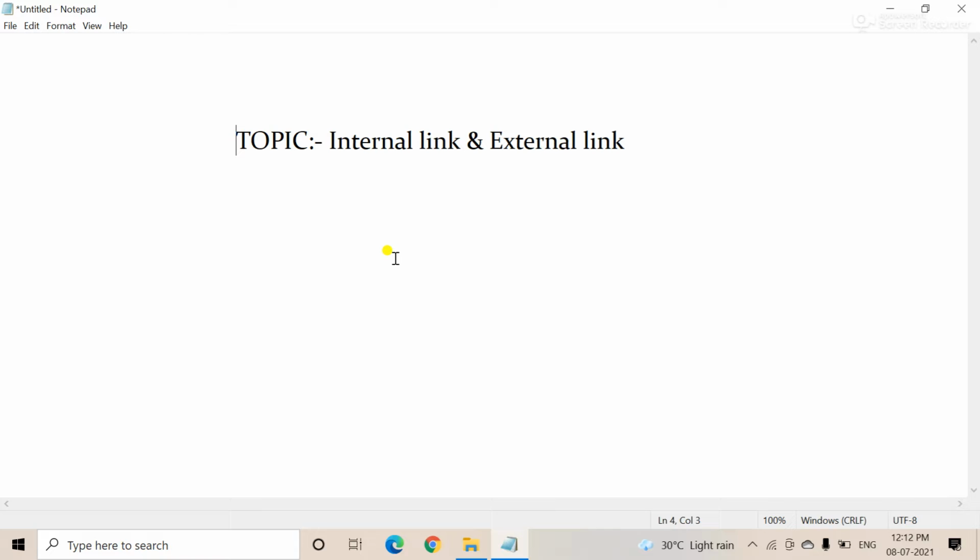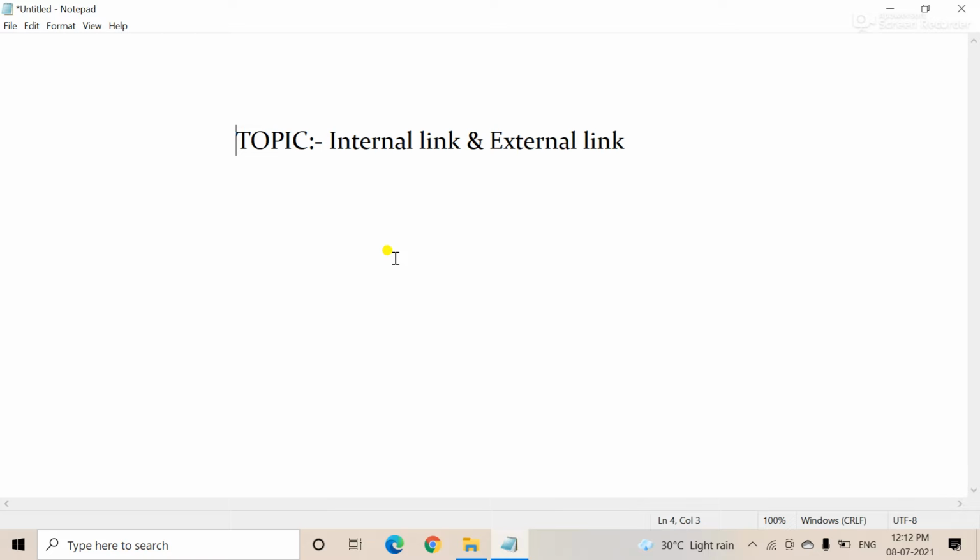Then when you click the download option, your question paper is downloading. So in this case your page is connected to another document, meaning one more web page. This is called the external link.